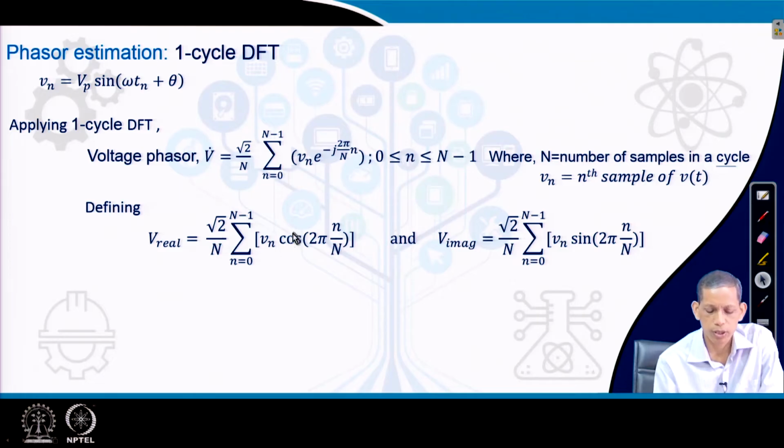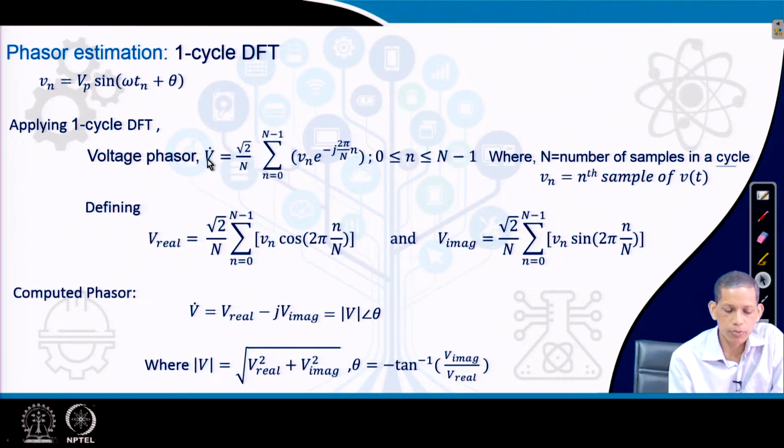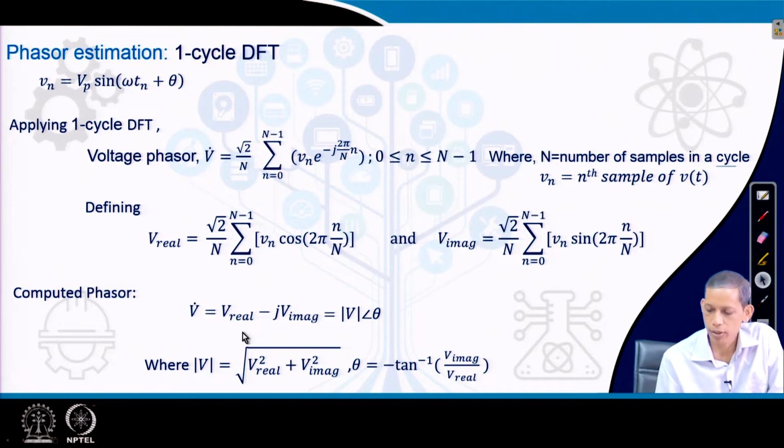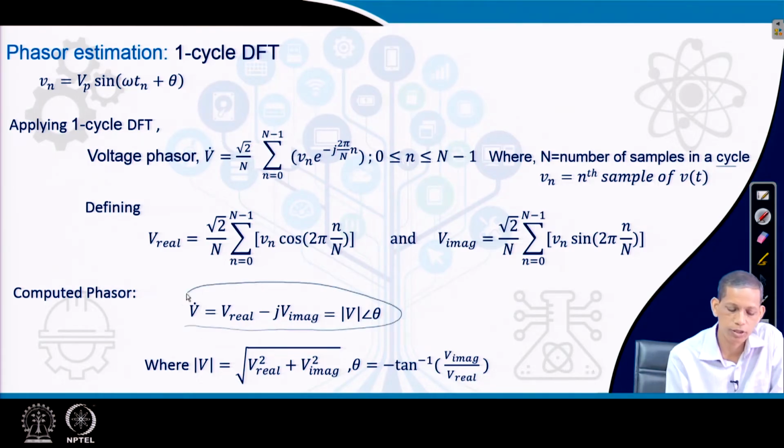You can say the cosine component part, and also the sine component part, for the corresponding V phasor. So, we can say that this V dot, the voltage phasor for the sinusoidal quantity which we are representing, can be expressed as V dot equals V real minus j V imaginary, and that equals V magnitude with an angle of theta, the polar form that we are expressing for this case.